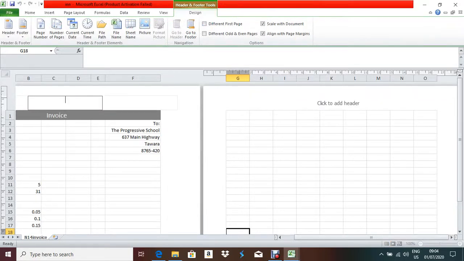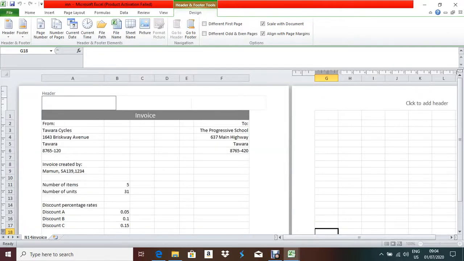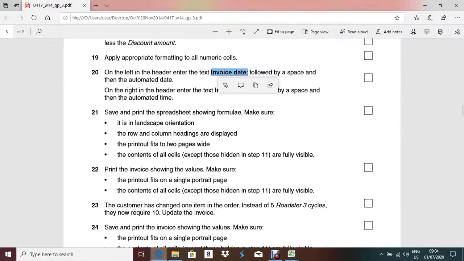So this is the left side, 3 pages it is showing. If you check, you have to write down this one and the automated date. So click current date. Before doing this one, check your system date, because it is showing the system date, whether the system date is correct or not. So let's check the next question.